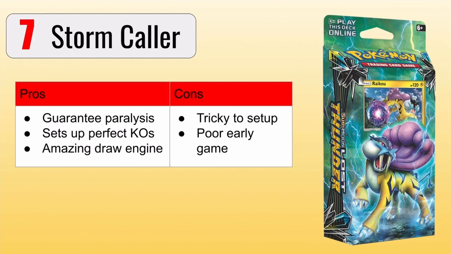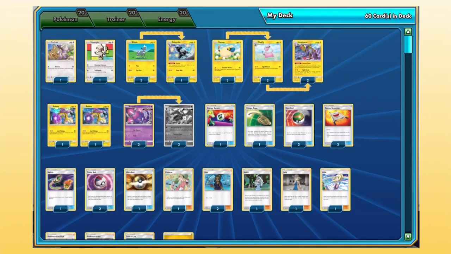But if we look here, it does guarantee paralysis if you can get that Ampharos set up. So the Ampharos has an ability, you can lost zone 2 energy, and the defending Pokemon is paralyzed, which then sets up perfect knockouts, as that Ampharos does deal sniping damage if you so desire, or you can just do it to the active, but it does also draw very well, although it is, like I mentioned, tricky to set up, and it does have a poor early game, as you're really relying on drawing cards. You're probably going to lose a couple of prizes early game as well while you try and get that Ampharos